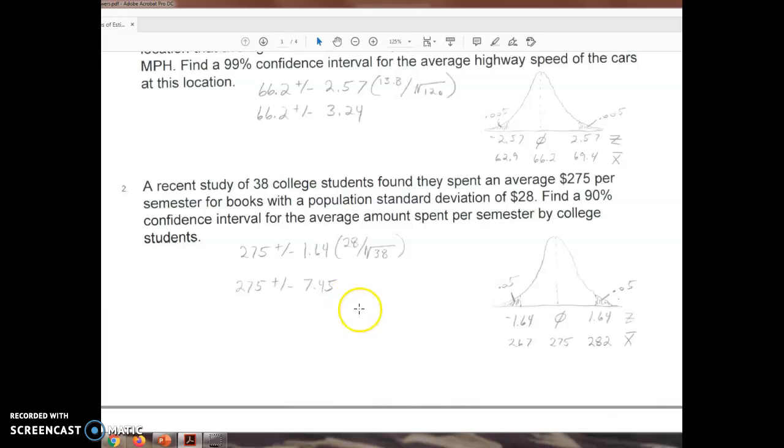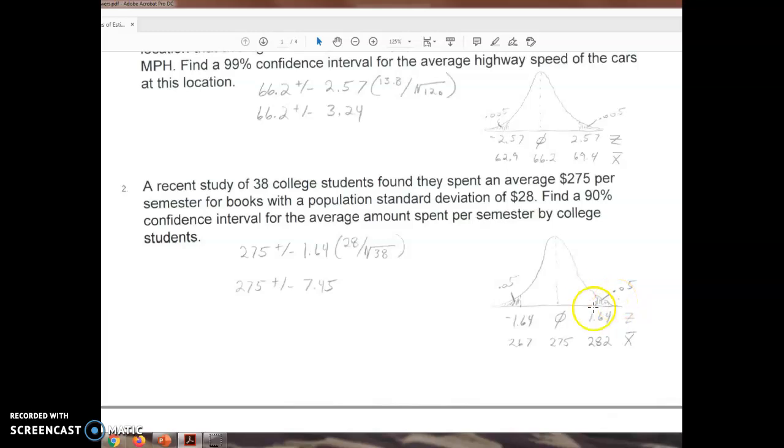But let's see how we got this z-score. Well, again, it's a 90% confidence interval. So what we need to do in our diagram is create 90% here in the interval, which leaves 10% in the tails. Our alpha is 10%. Then we divide that 10% by 2 to get 5% in the lower tail and 5% in the upper tail. Then we find the z-score that